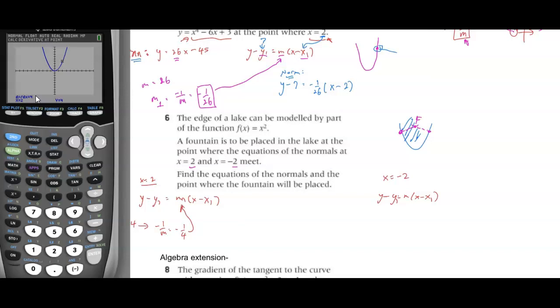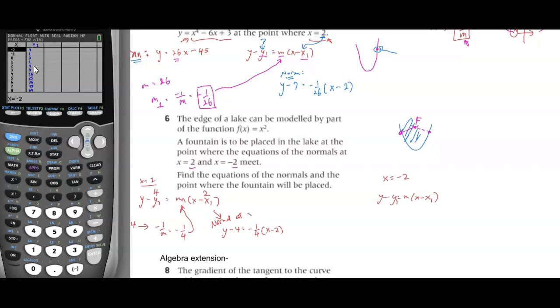Okay? All right. And then what do I put in for x1 and y1? Well, for x1, they gave me 2, so I'm going to put that in there. Where do I get my y1? I get that by doing second table. I just look at where x equals 2, and I grab my y value there, 4. So now I'm done. y minus 4 equals negative 1/4 times (x minus 2). So that is my normal line equation